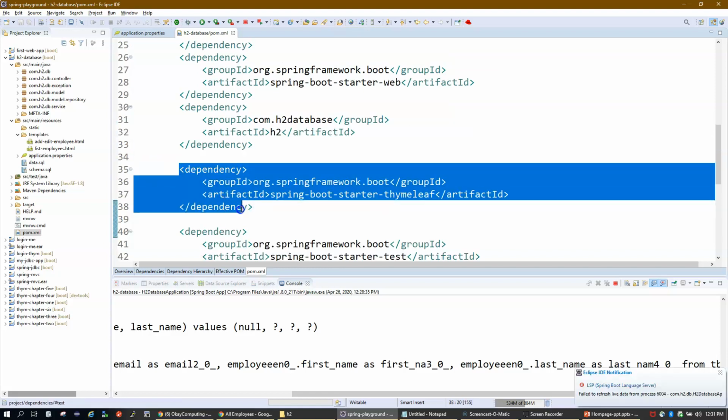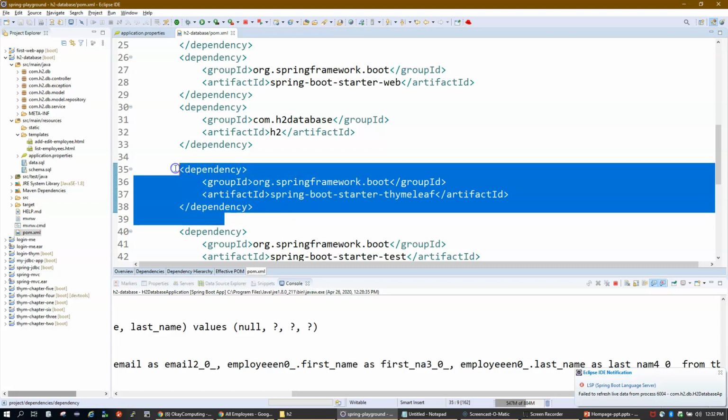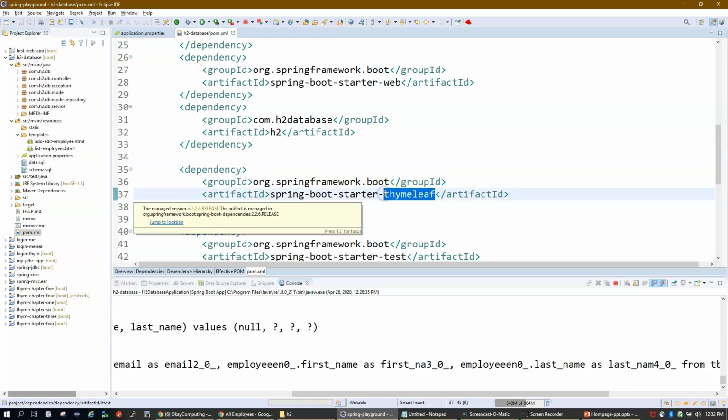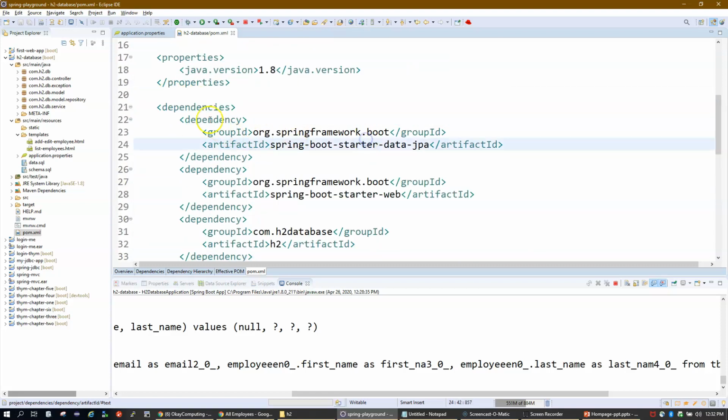And then we have something called Thymeleaf. So Spring Boot starter Thymeleaf. Thymeleaf is a technology to design screens, your UI components. If you guys are new, do not worry, I will talk about Thymeleaf in the coming videos. I'm going to start a new series on Thymeleaf, how to use it. But I will give you a brief about Thymeleaf in this video. What you have to know at this moment is that it is a technology similar to JSF or JSP to design screens in Spring Boot. Okay, so that's it about the POM file and the dependencies.